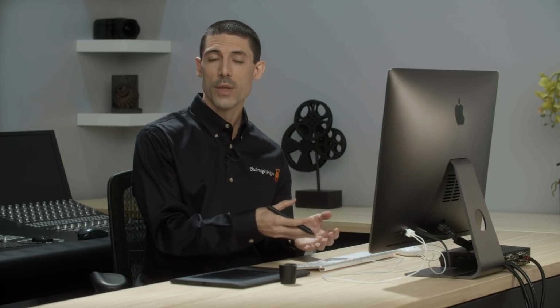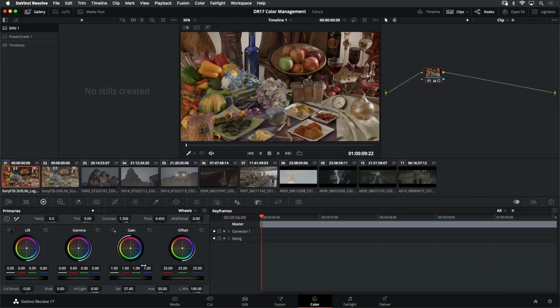This is a common way of working, and it stands at odds with color management, which is about using image science and math to transform what the camera saw into what our display can reproduce in a systematic way. It's more efficient than doing things by hand in this display-referred method, and it allows us to do a couple of things. It's going to allow us to match our cameras better if we have camera A or B or C, and it's also going to allow us to preserve our creative intent when we are delivering for multiple displays. I'm going to reset my grade here for now, and I want to dive into how we can tackle this grade using a color management approach.